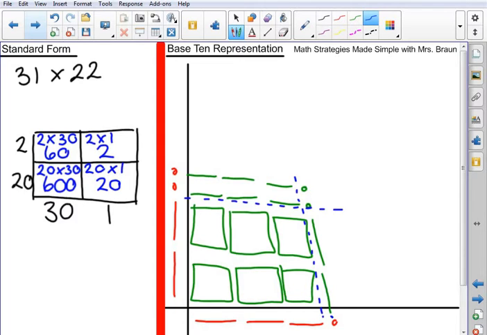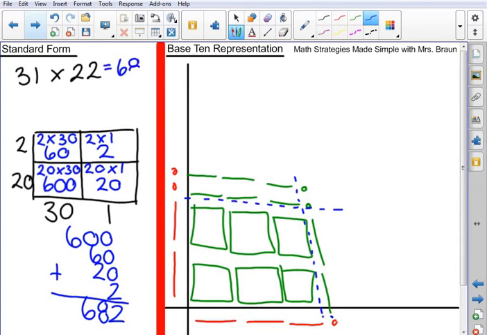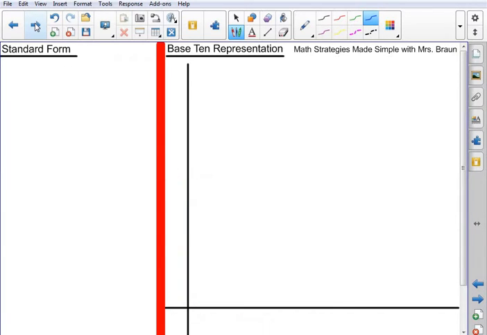So I'm going to add these all together because these are my partial products to get my final answer. So I have 600 plus 60 plus 20 plus 2. 682. All right, let's take a look at one more example today. Let's look at 24